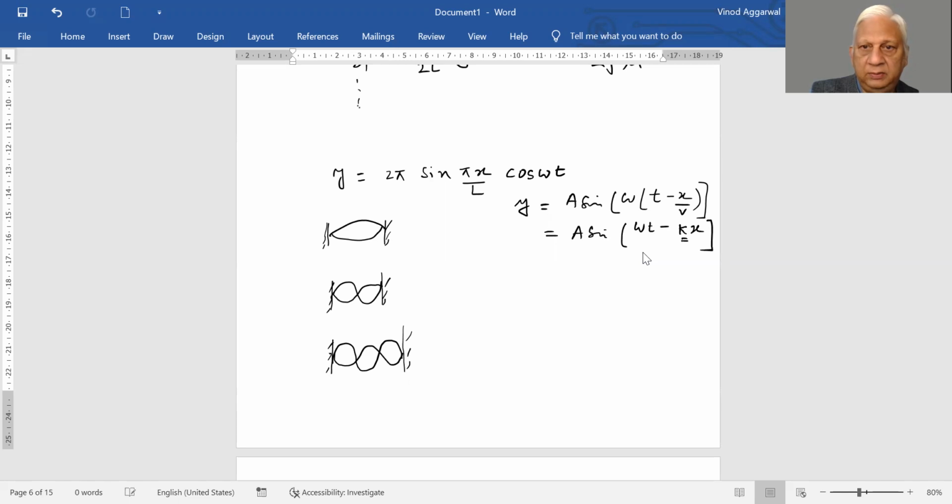Now, what is K here? If we compare this and this, our K is nothing but... this will be omega here also. So K will be omega by V, which is equal to 2 pi by, and velocity is...